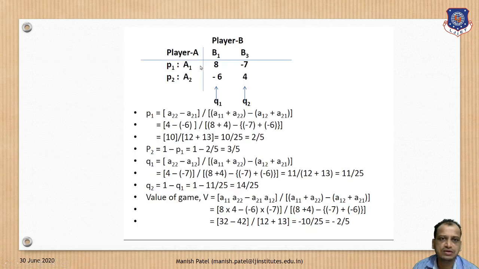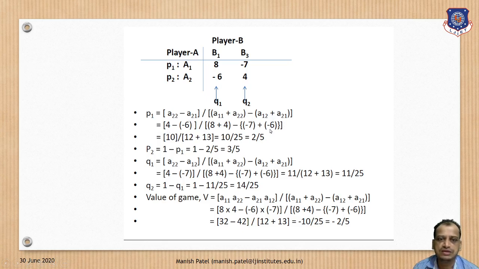So in the next slide, we will only write down B1 and B3 because they are the intersection point, and then you will write down P1 and P2. The rest we will neglect. So it is a 2 cross 2 matrix. You can solve with the help of the algebraic or shortcut method. You can use this formula as well. P1 equal to (A22 minus A21) upon (A11 plus A22 minus A12 minus A21). Algebraic method, alternate formula. Just put down the values here.